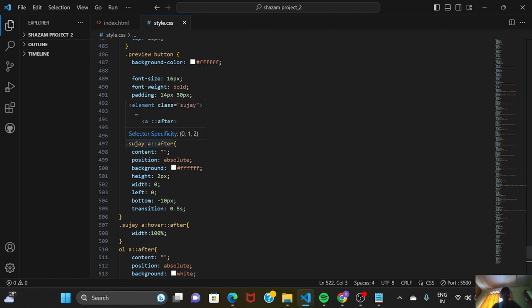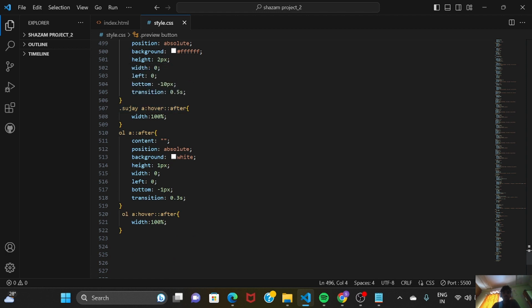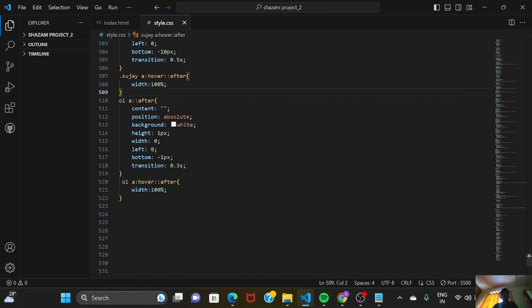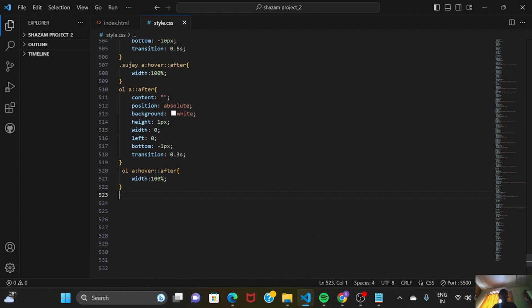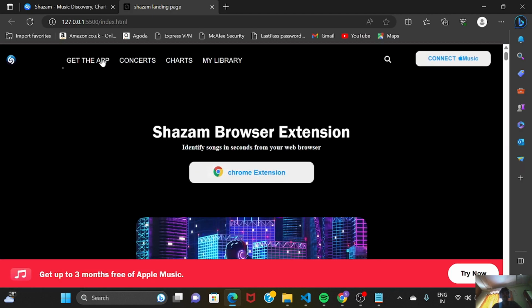Sujay part, the class name Sujay. We've taken class name as Sujay, and the content after that part in that anchor tag, dot Sujay a after, is the width of 100%. Here hover represents the hovering effect that includes the content inside that dot Sujay. So if we can see, this is the hovering part of what dot Sujay represents, and here is a cursor pointing hovering effect